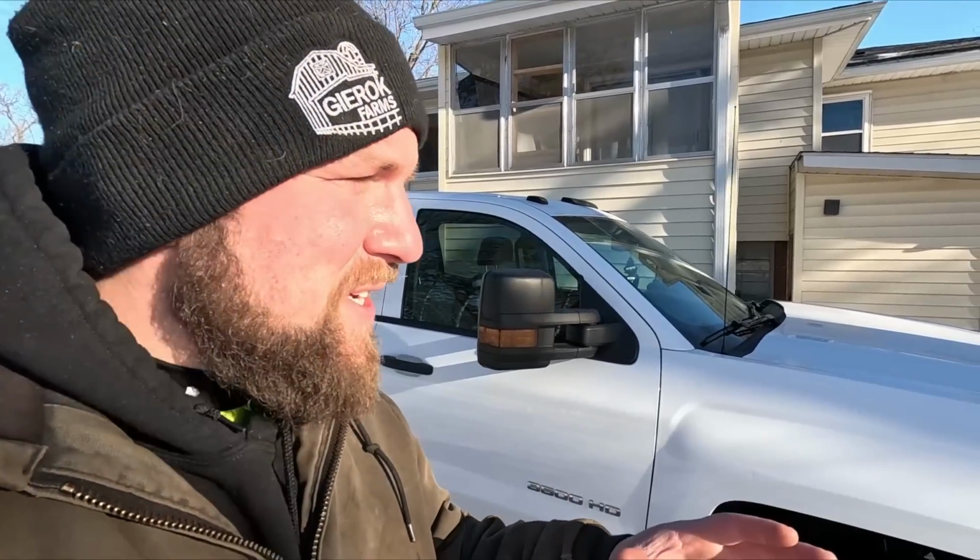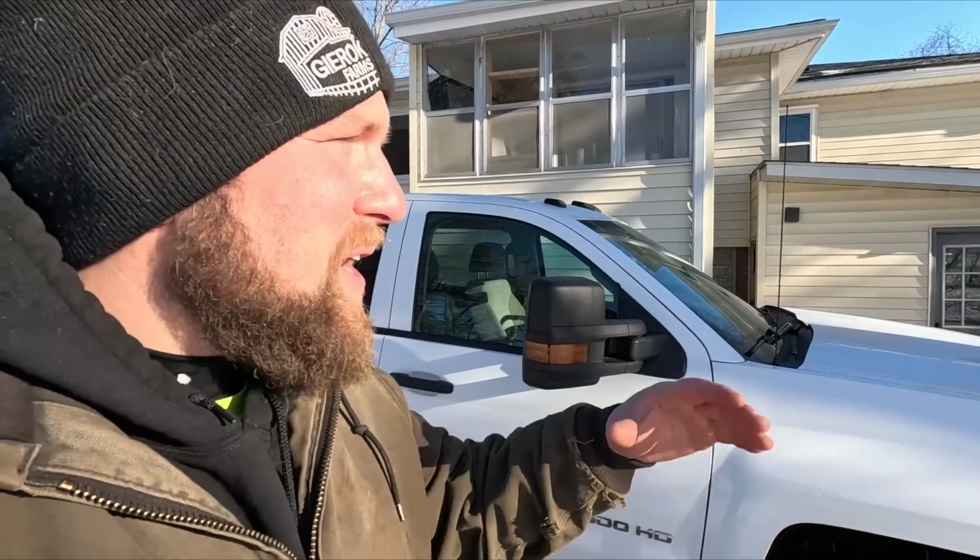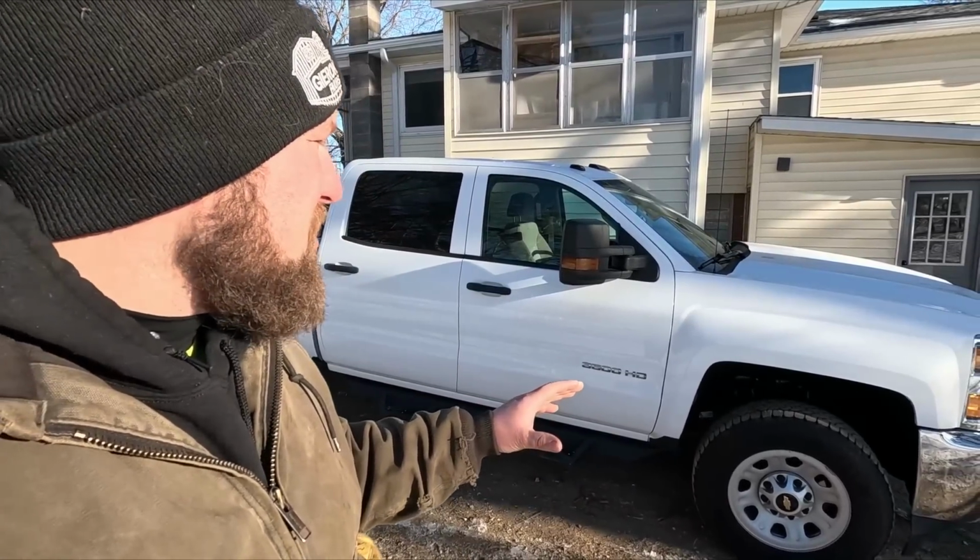Yesterday morning and this afternoon I've been working on my fleet of vehicles. I got all the vehicles cleaned up. Got to keep that salt off of them, got to keep them fresh and clean. I put a wheel bearing in my little commuter car. But anyways, I thought it was a good day and I figured I'd take a couple minutes to show you